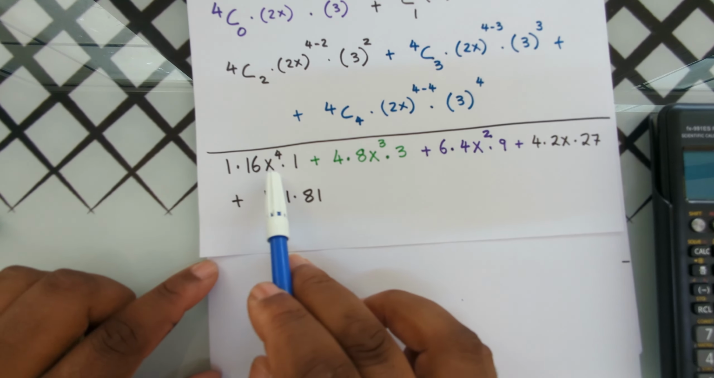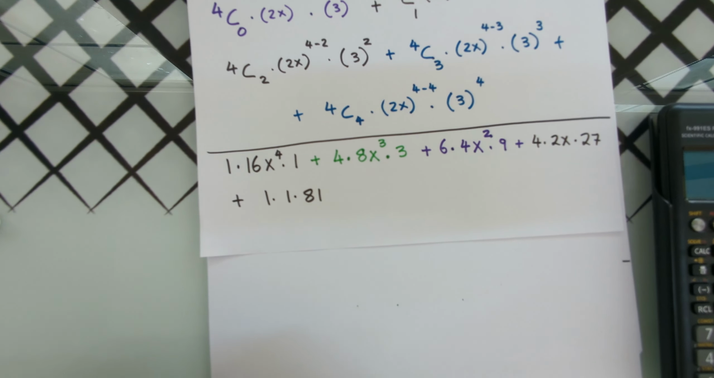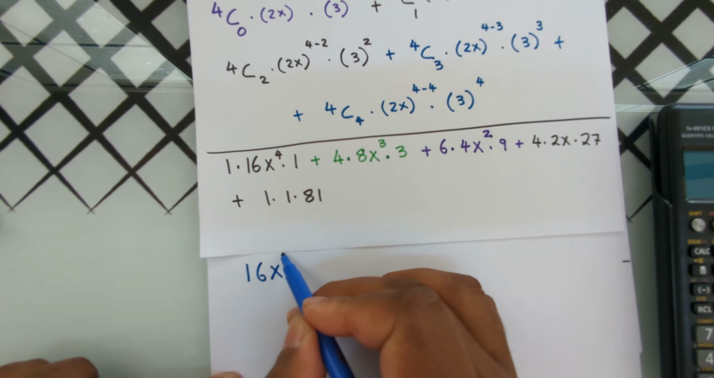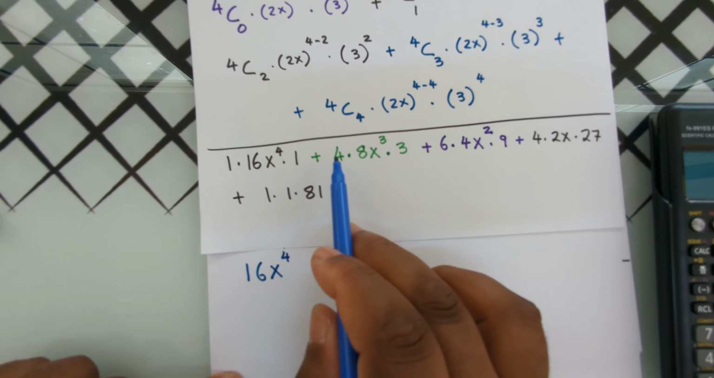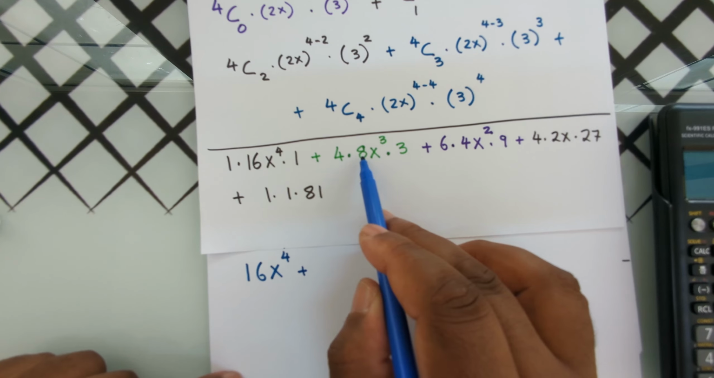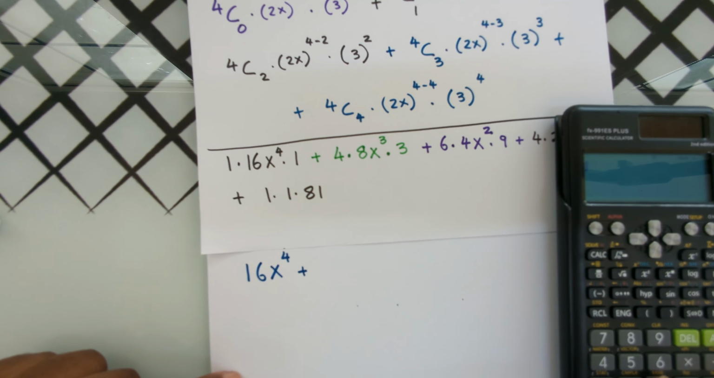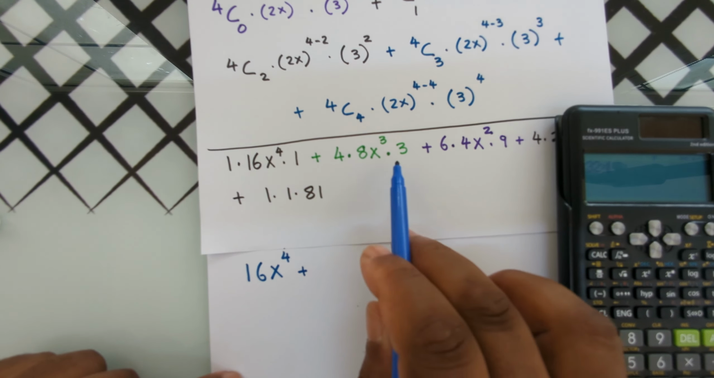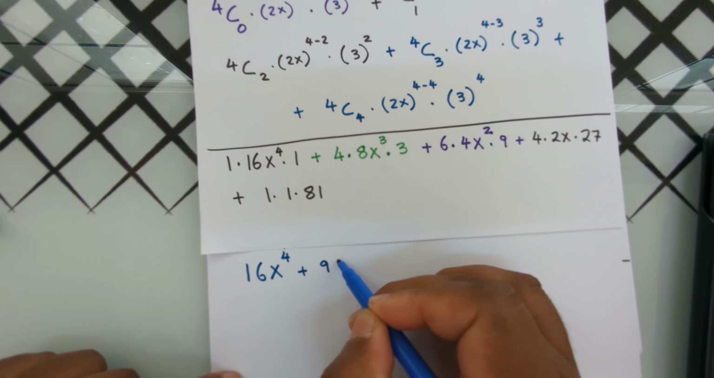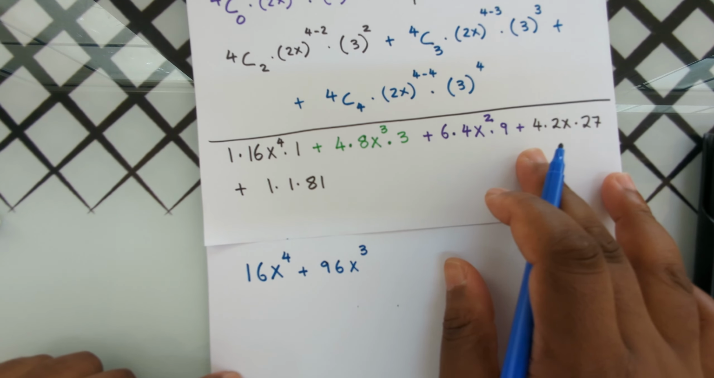Now simplifying this, the first term will be 1 multiplied by 16 multiplied by 1, that's 16x to the power of 4, followed by, so we have a plus sign, 4 multiplied by 8 multiplied by 3. So 4 multiplied by 8, that's 32, multiplied by 3, that's 96. So plus 96x to the power of 3, followed by